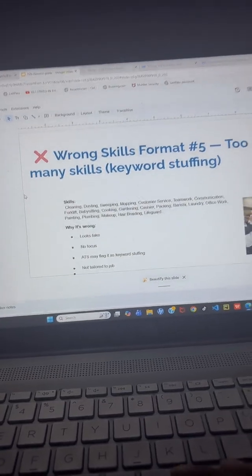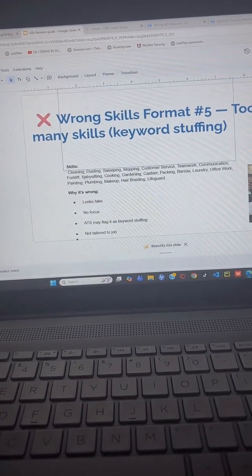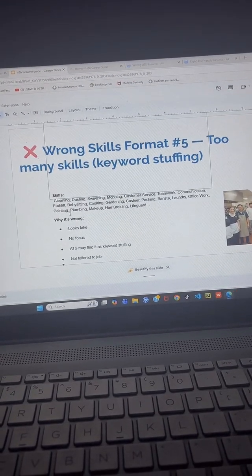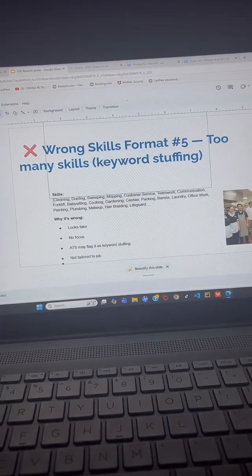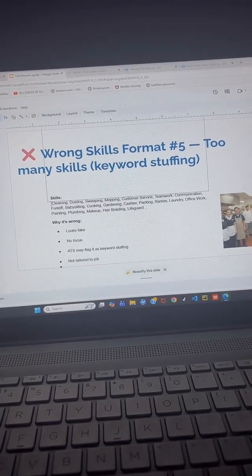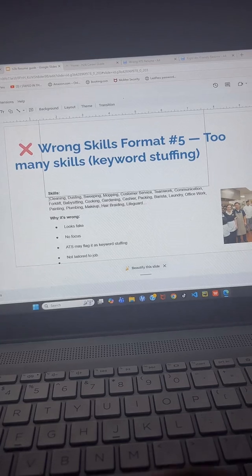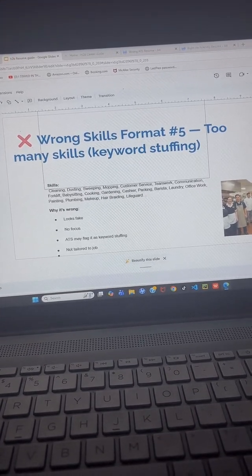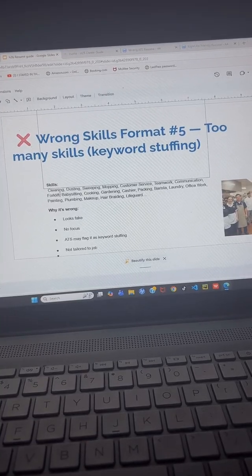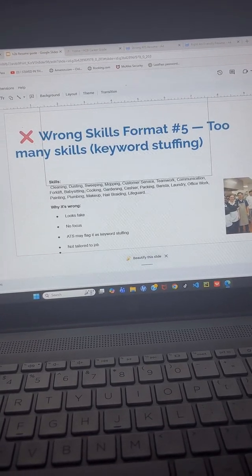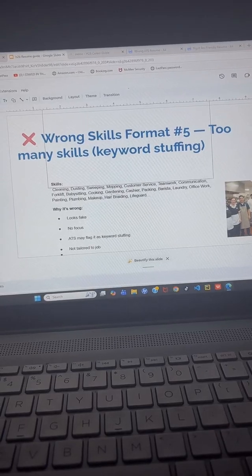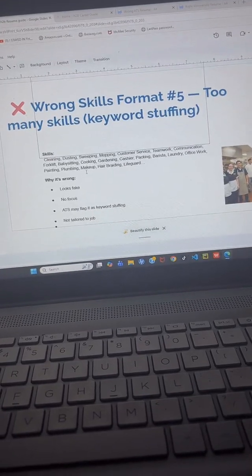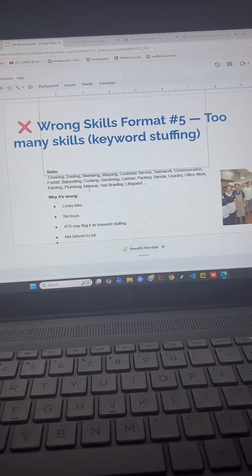Alright, you don't want to use a lot of skills like this. This is too much, and ensure that the skills that you're using match your job description, match the job that you're actually seeking. So like for a person that is a cook, you don't want to put that you do makeup and so forth.